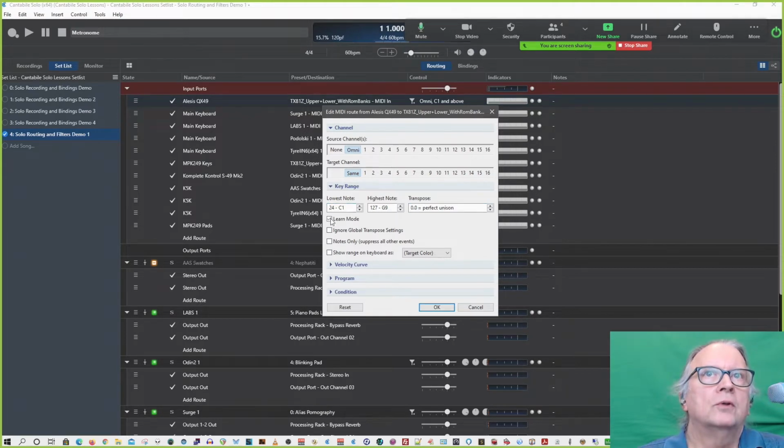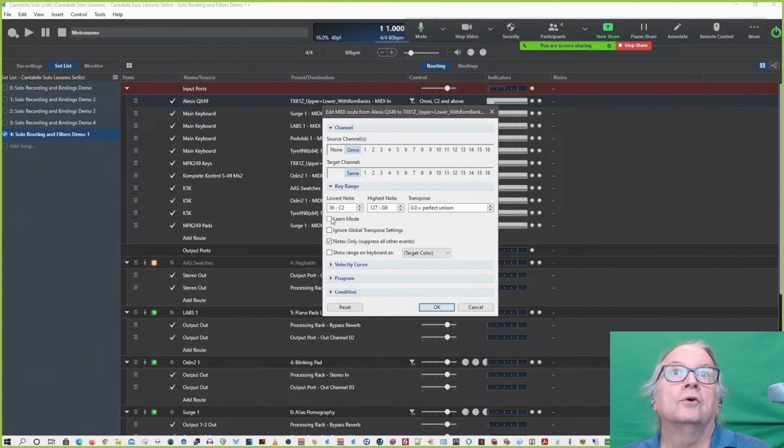Learn mode lets you do as you saw there, where you click your bottom note, you click in here, and it'll learn your notes. Okay, so put it in learn mode, click there. There we go. Here's my lowest note, C2 on that thing. And yeah, so with learn mode, you click in there, you hit the note, and you click in there and hit the high note, and it learns it. You click the first note, and then the second note, and it learns it. Anyhow,